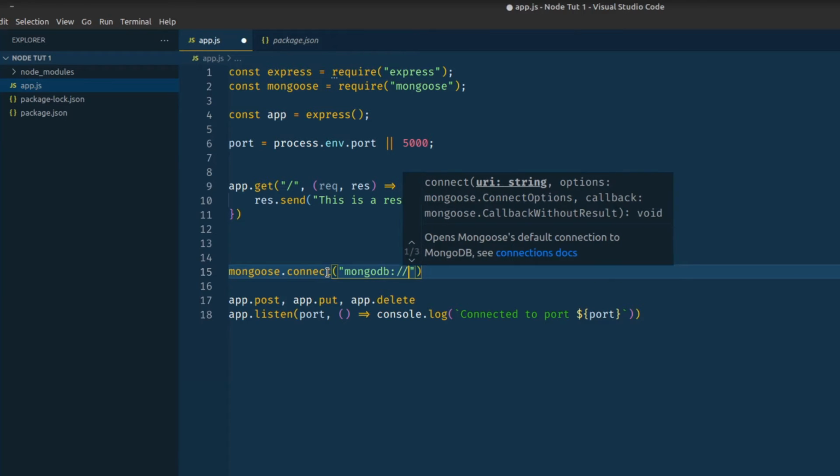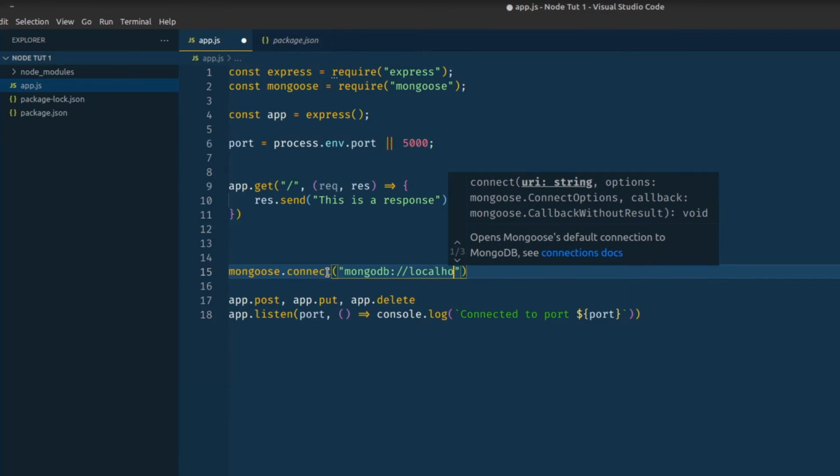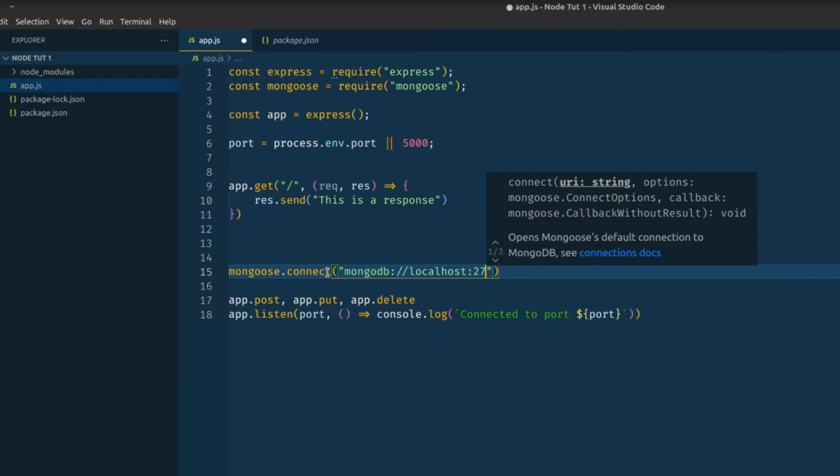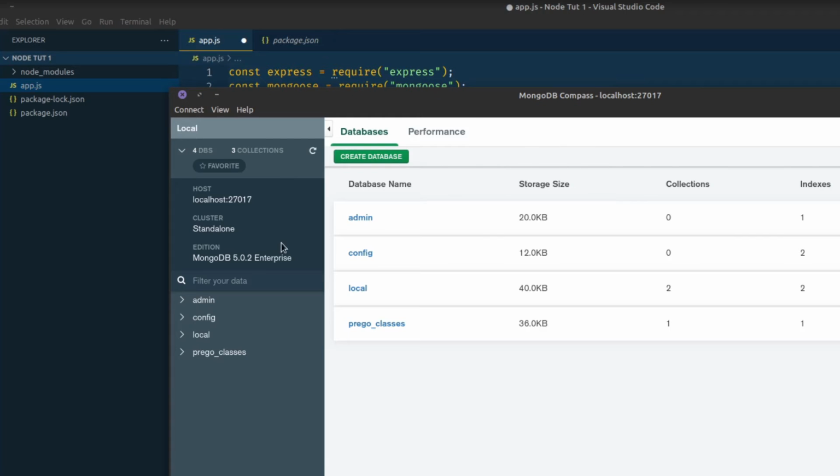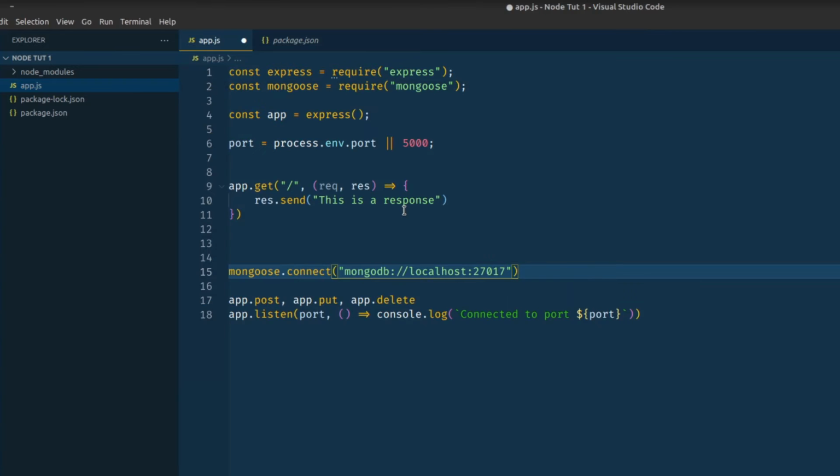MongoDB localhost, and we need to specify the port, so 27017, the same one we used here, localhost 27017, and we need to specify a cluster. Now we'll name it, let's say, Prego Node Tutorial, okay, comma,